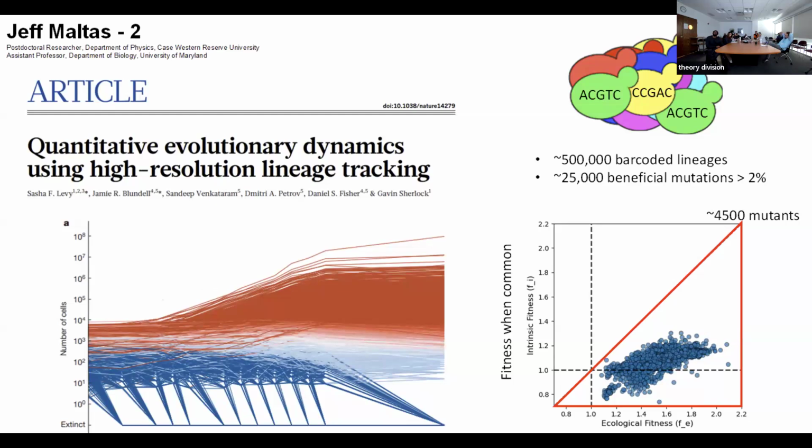I've done a little bit of modeling that shows you can get some of this behavior if you're competing for a single resource in a serial dilution experiment. In this case, they're competing for glucose. The idea is that when they're rare, they get significantly more doublings than when they're common, because they're not limited by resource. If you're a really fast grower, you get more generations when you're rare than when you're common. So maybe that's a common mechanism in this case,